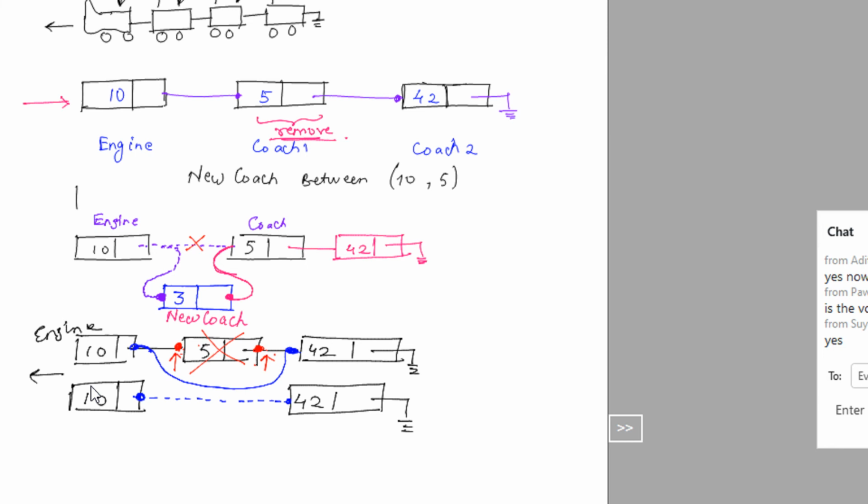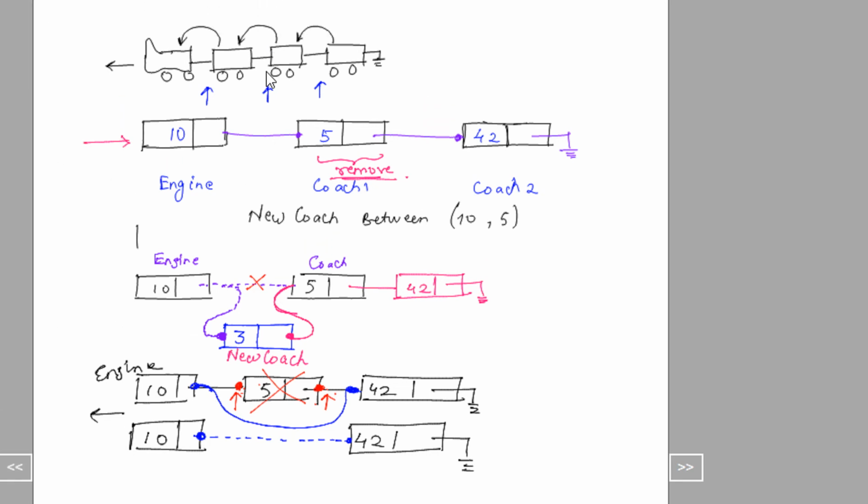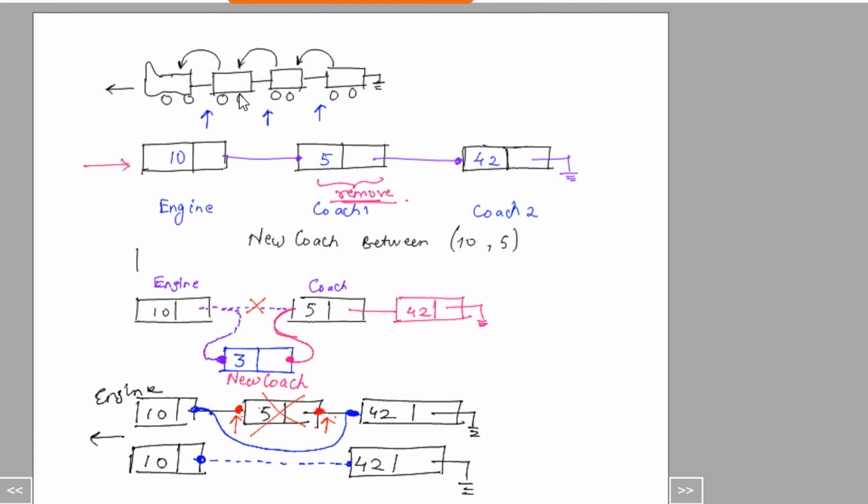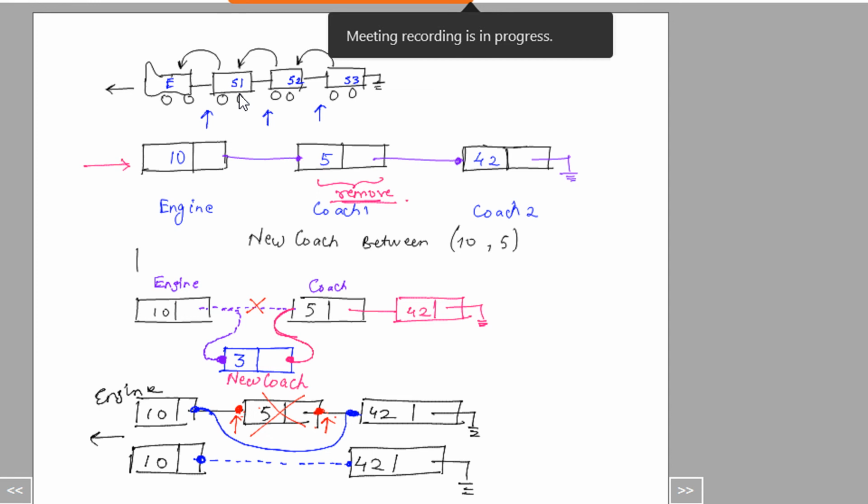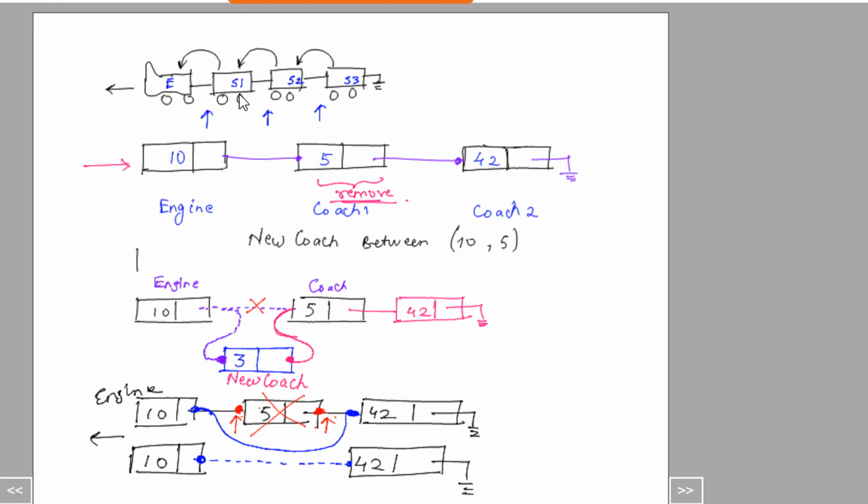For linked list, the best example is the goods train, right? The goods train is connected one coach to another coach, just like we have said here. They are joined via a particular link, fine. And every element, let's say this is our engine. If I take a long route train, we have coaches like S1, S2, sleeper 1, sleeper 2, sleeper 3, and so on. So a linked list is nothing but a data structure like arrays, but with efficient operations. You can see I need not move anything. I just need to relink, right?